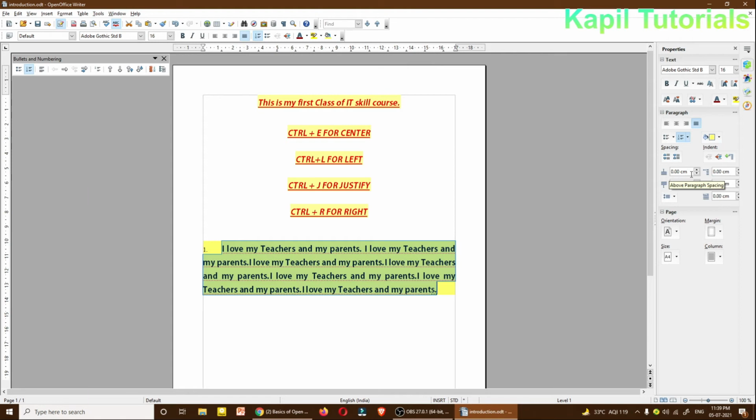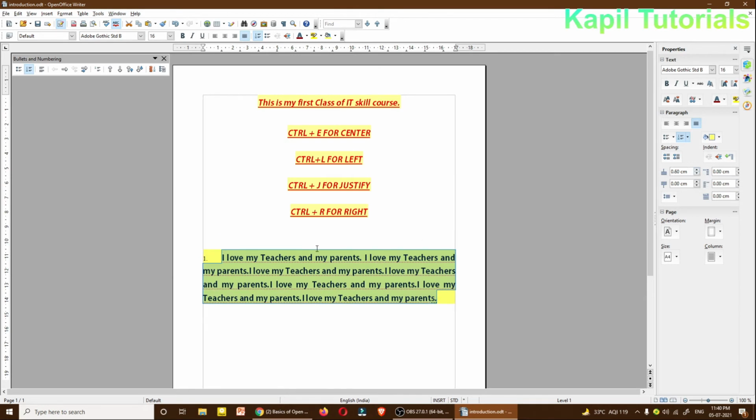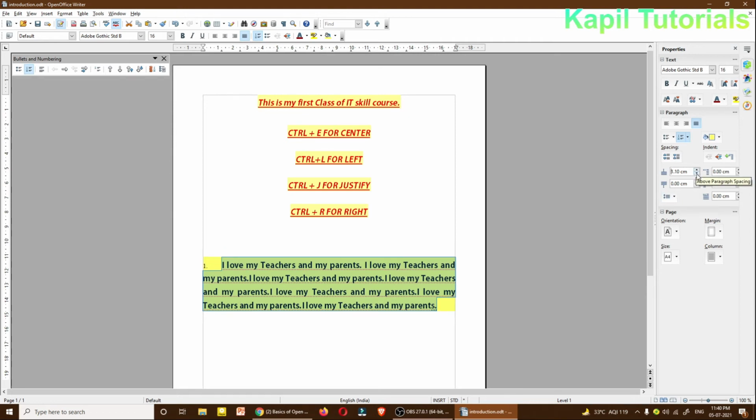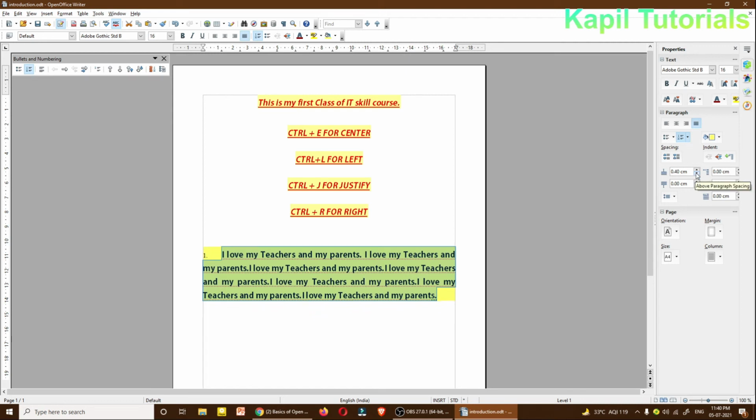Some basic values are also there above paragraph spacing. So the space between Control plus R and this paragraph increases, and clicking on this button can increase or decrease the space. Okay. Below paragraph, now here nothing is here, but yes, here I can show you.